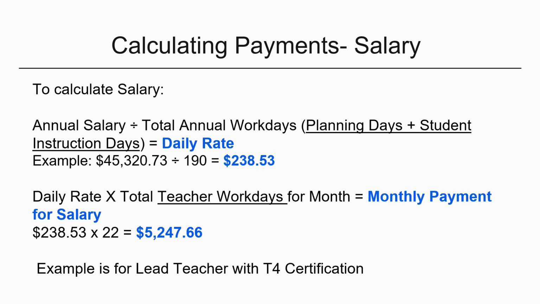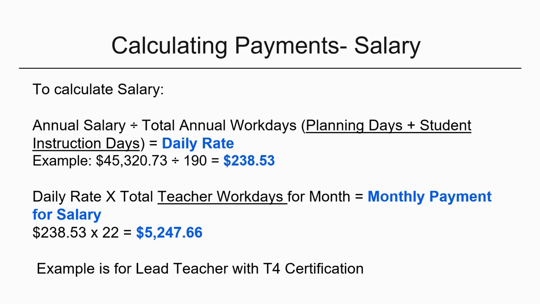We're going to divide that yearly salary by the number of days a teacher works. That's not the same as the student days. So that's going to be 190 days in our example. But again, if you go fewer student days and you maybe only go 178 days, you would have 188 teacher days. So now that gives us a daily rate for this teacher of